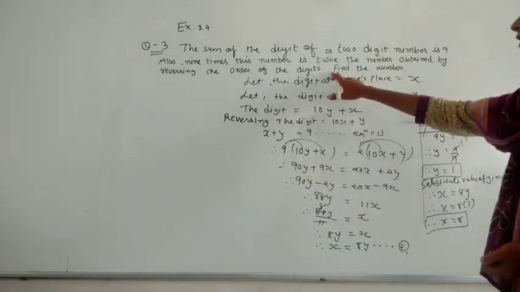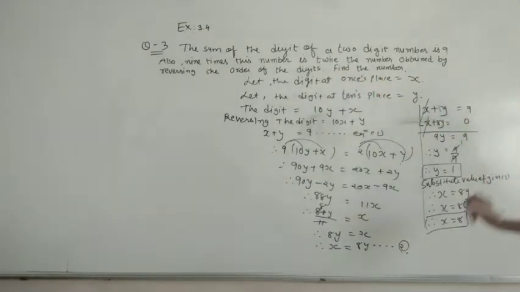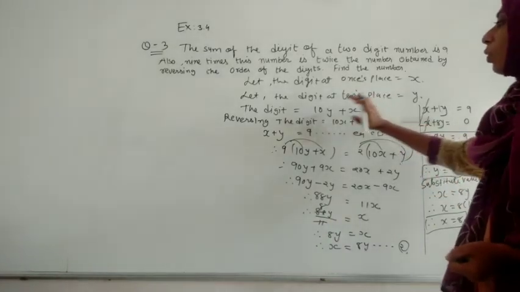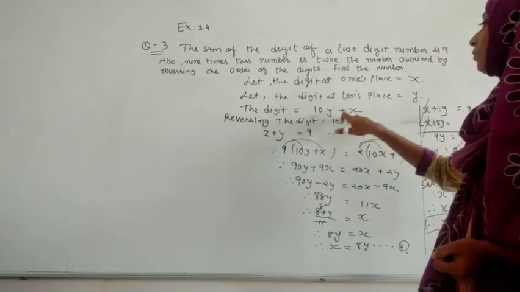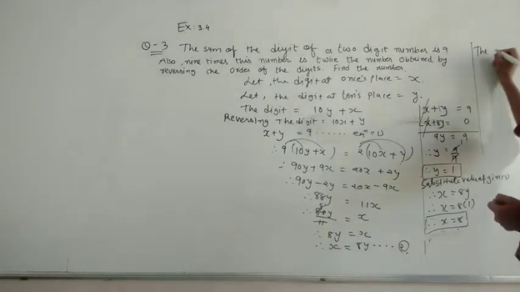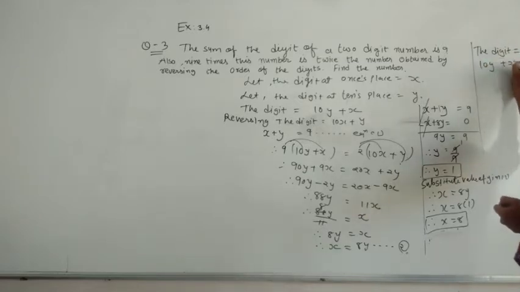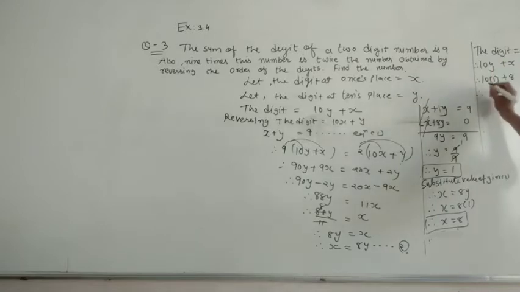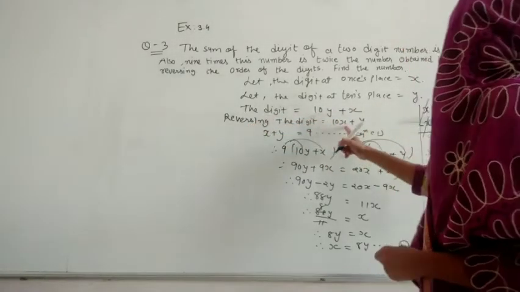So here they said to find that number, which means we have to find that number too. So we guessed the original number, that digit, in the form of 10y plus x. So let me write that the digit is in the form of 10y plus x. On the place of y I have to write 1 and on the place of x I have to write 8. So it will become 10 ones are 10 plus 8. So the required number is 80, and when we reverse that, it will become 81.